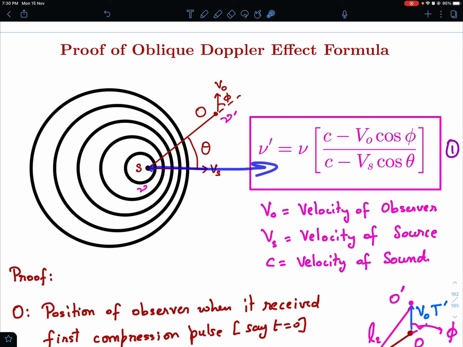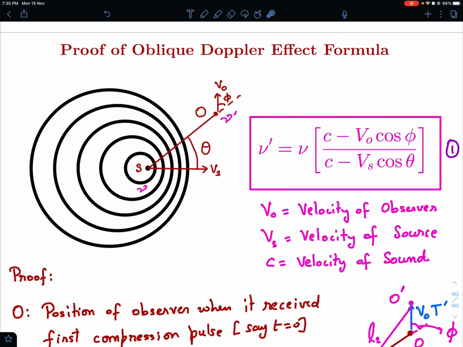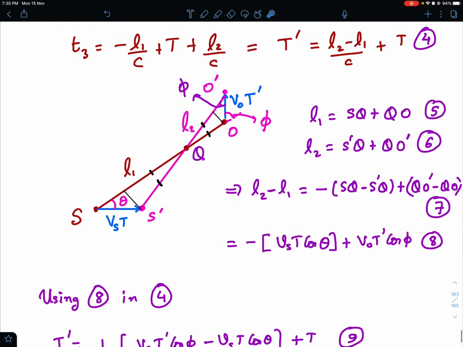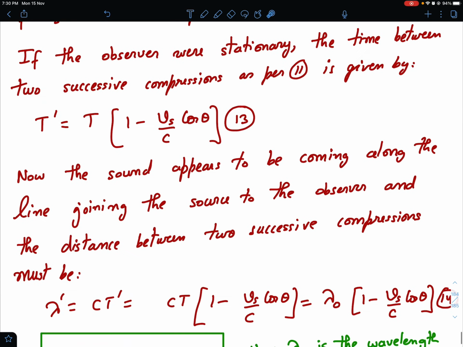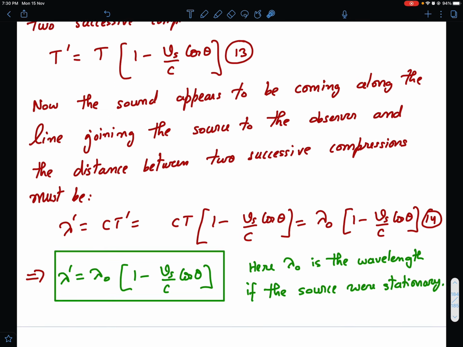So what does this represent graphically, if you want to see? See, here in this direction you can see the theta is acute, making an acute angle with the source velocity. So here you see the wavelength is smaller, right? You see intersection points are near to each other, right? And in this direction, at 90 degrees, there is some distance between these. And when you talk about the obtuse angle, see here the wavelength is largest, just opposite to the velocity of the source, and in this direction also the wavelength is larger than in the forward direction, right? So that makes physical sense also. So this is your formula for variation of wavelength with the angle.